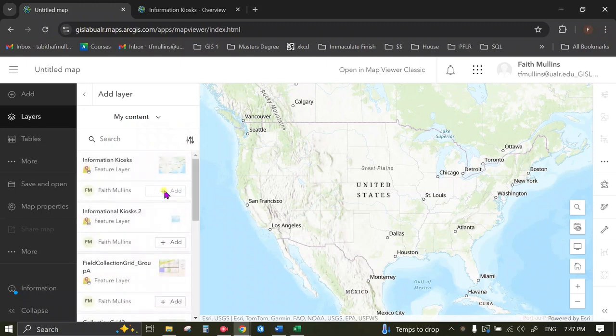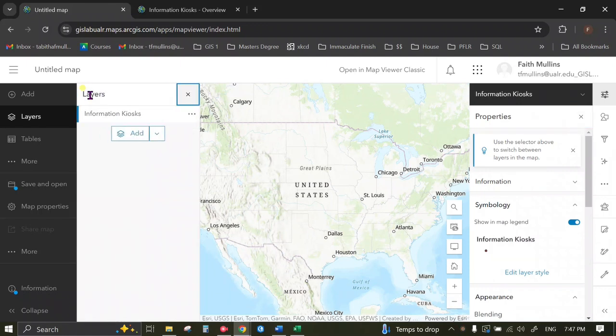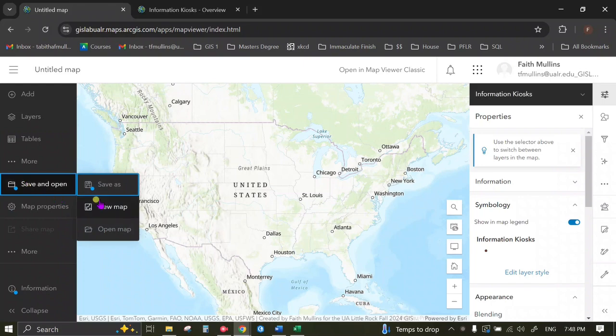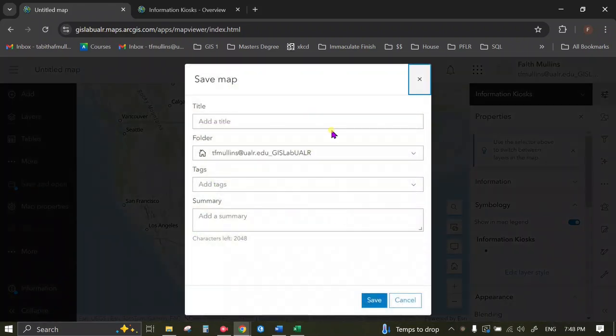Mine is called Information Kiosks. After this layer has been added, there's not much else we need to do. We just need to save our web map and make sure we have permissions for everyone in our group to view it. To save the web map, you click on the Save option over here, Save As, give it a name,